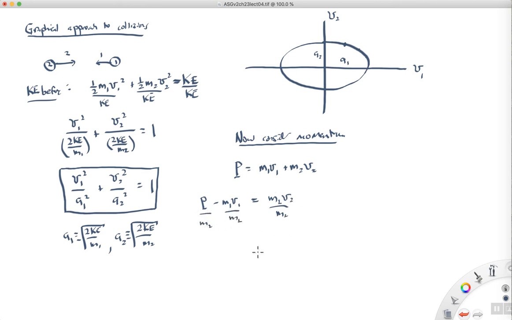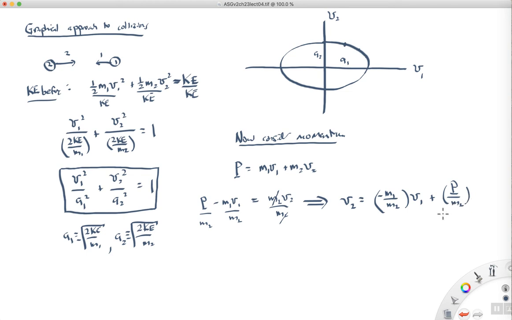These m2's cancel out, and so you're left with a v2. So let me just go over here. This is going to be the same as v2 equals negative m1 over m2 times v1 plus p over